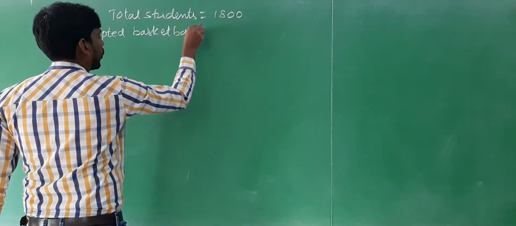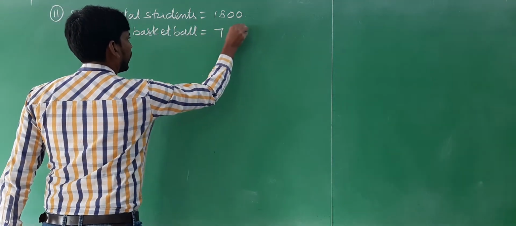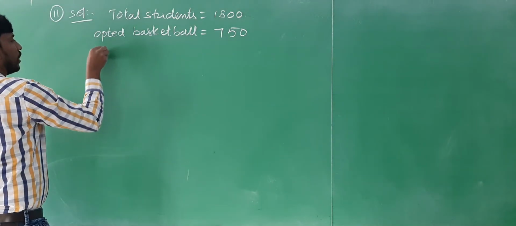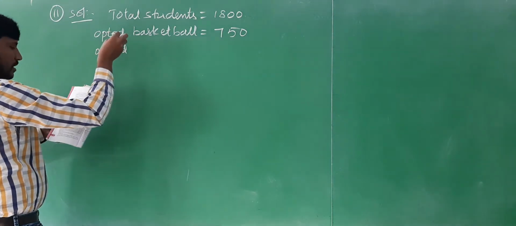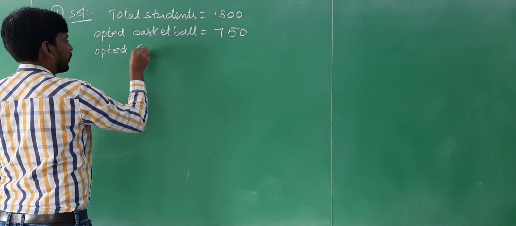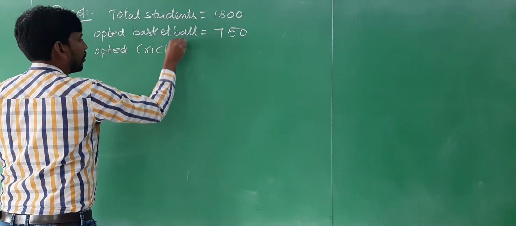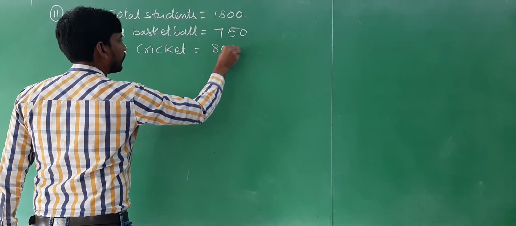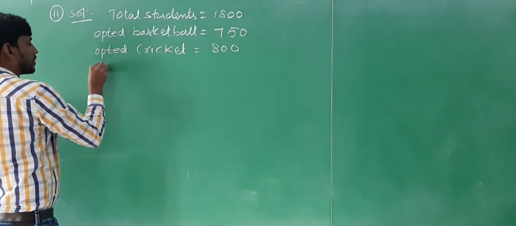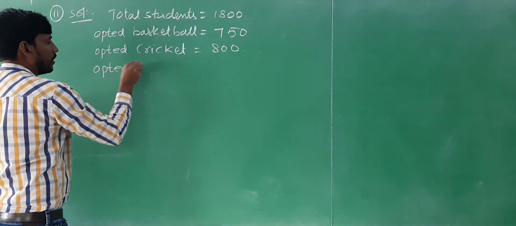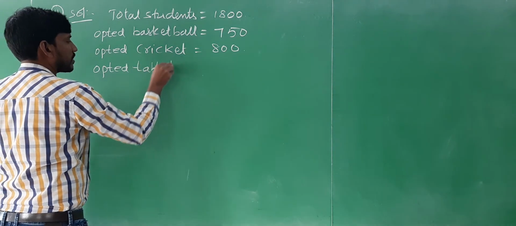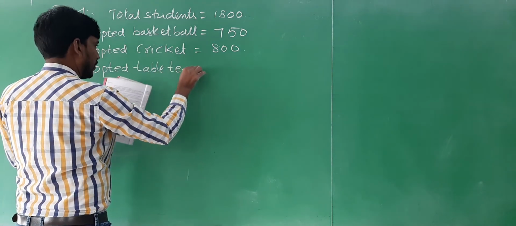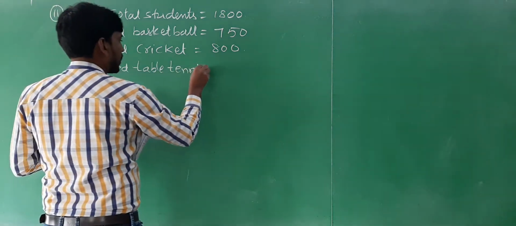Opted basketball is equal to how many students? 750. Okay. Next, cricket. Cricket is equal to how much here? 800. Now, opted table tennis. Table tennis is equal to